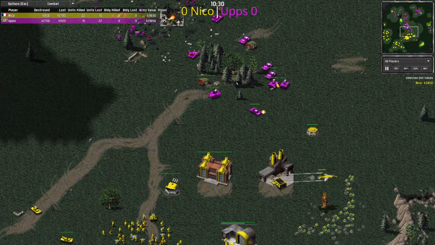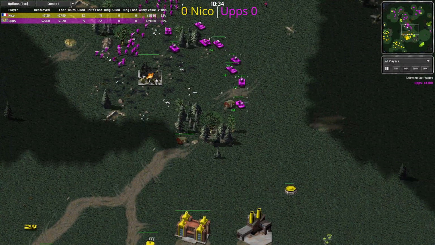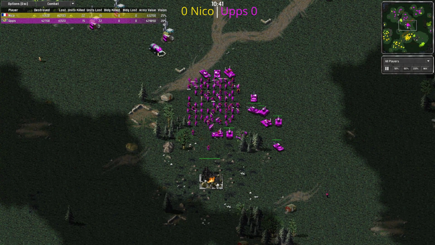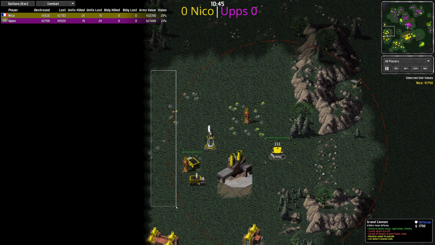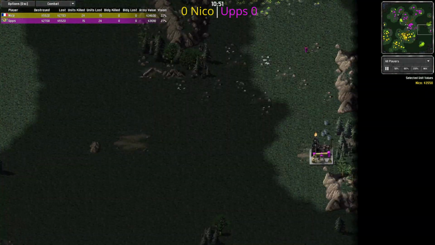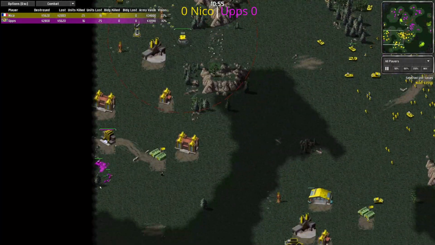But here we go. We're going to have a real engagement. Just kidding. Upps is going to go in, see Grand Canyon, get scared. I mean, I don't blame him there. He probably has an idea that Nico's just sitting here. But again, this is where splitting off some army is huge. There is 1 Grand Canyon over here. That is not significant. In fact, you could just get by this outer edge, and there's the tech center. That's huge to kill. At the same time, none of these players are scouting that. There's kind of a death ball in the middle, so...